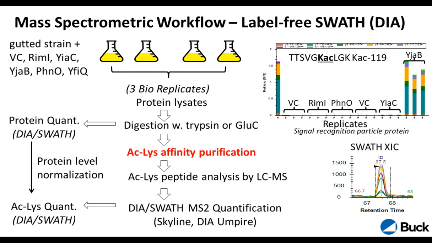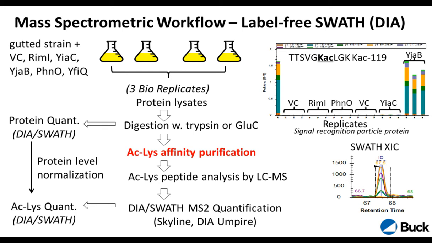So with the data-independent acquisition, or SWATH, we can do identification of the acetylation sites in parallel and at the same time as the quantification. So that was a nice throughput we could do on the mass spec end, because we had quite a few acetyltransferase targets as well as biological replicates. So the number of samples would increase quickly. On the next slide, again, here you can see the SWATH-type data.